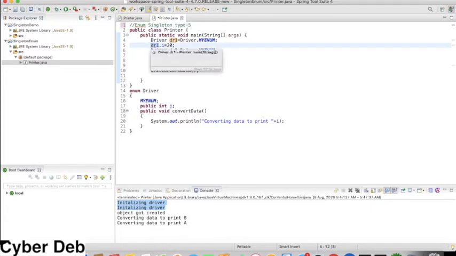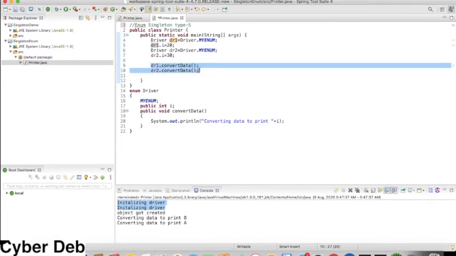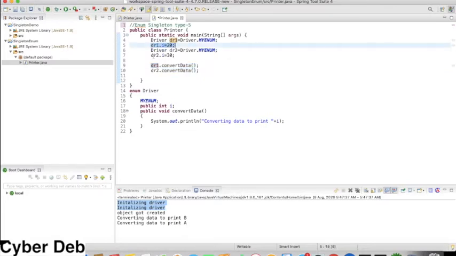So in dr1 I have assigned the value of i as 20, in dr2 we have assigned the value of i as 30, and here we are calling the method upon dr1 and dr2, that is the method name convertData. In dr1 the value of i is 20, in dr2 the value of i is 30. So when we go for calling dr1.convertData and then dr2.convertData, we should get the output as 20 and 30.